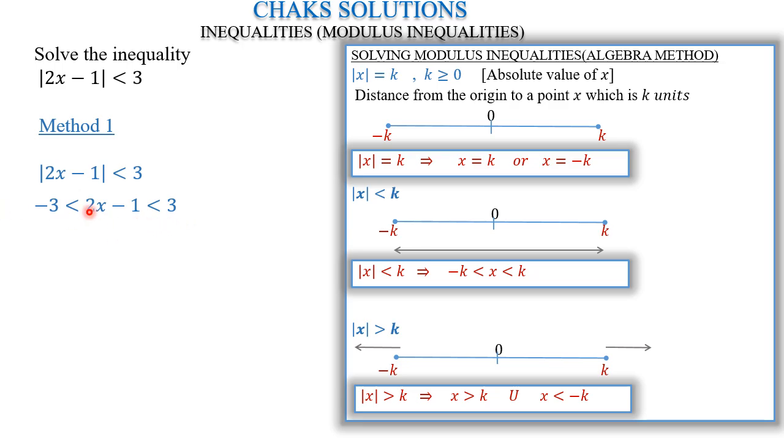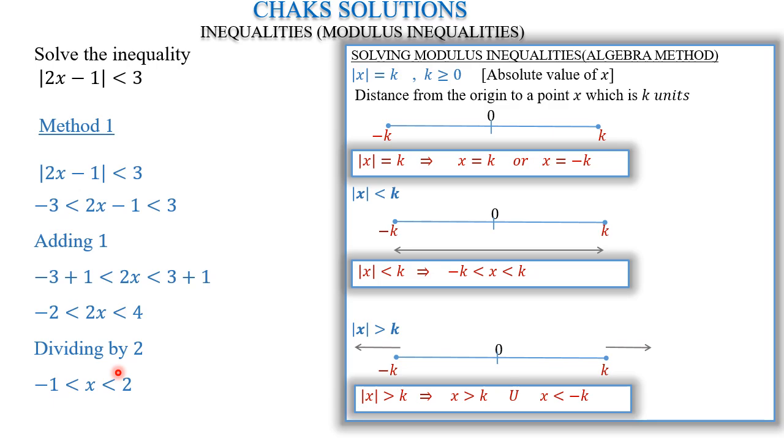So now we want to solve this inequality. You can take the minus 1 to the other side and add on 3, and then the minus 1 to the other side and add on minus 3. So we are going to have minus 3 plus 1 less than 2x less than 3 plus 1. So this will give us minus 2 less than 2x less than 4. Then we can divide by 2. Dividing by 2, we are going to have minus 1 less than x less than